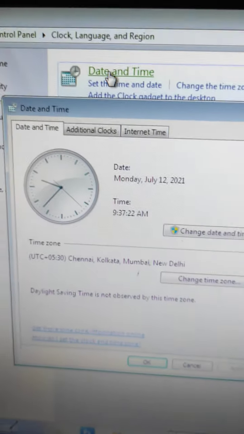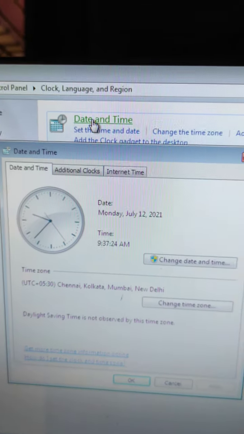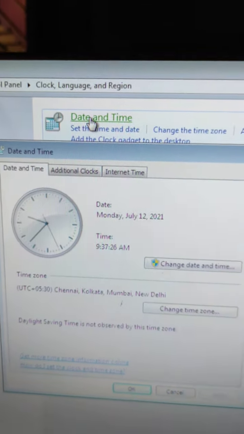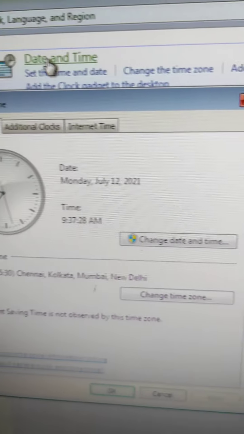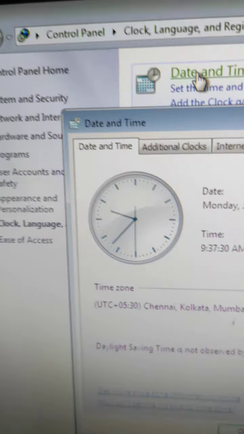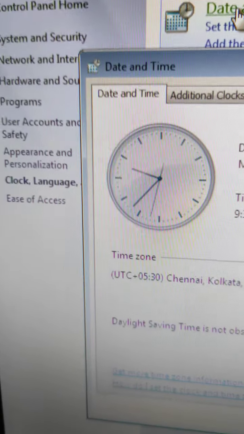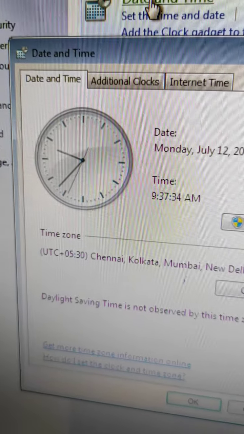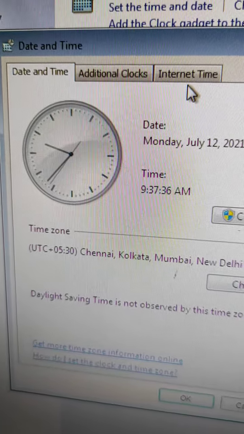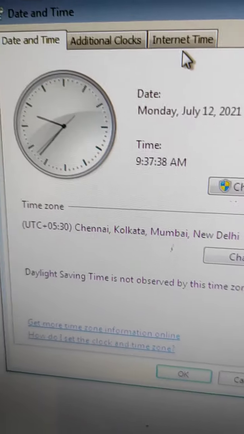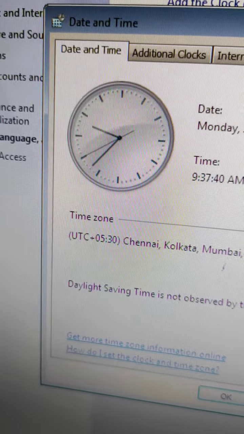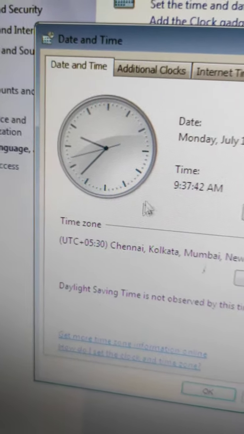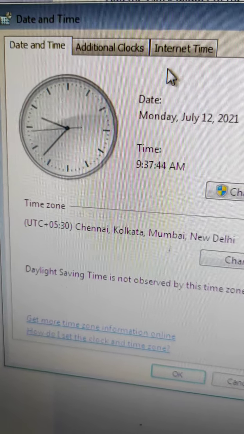You can see the date and time window will open, and here you can see 3 tabs. One is date and time, second is additional clock, and third is internet time. You can change the date and time.